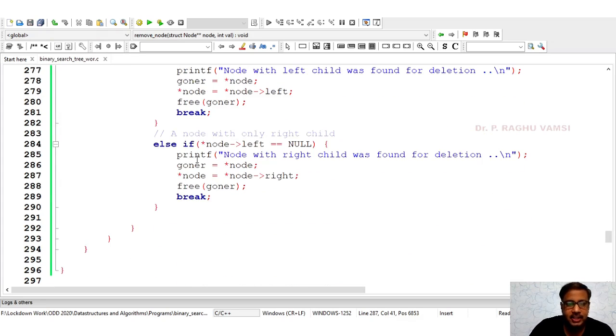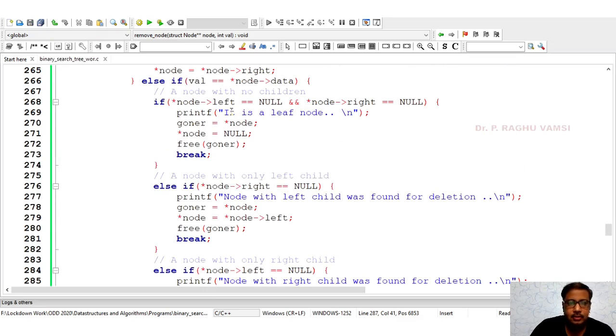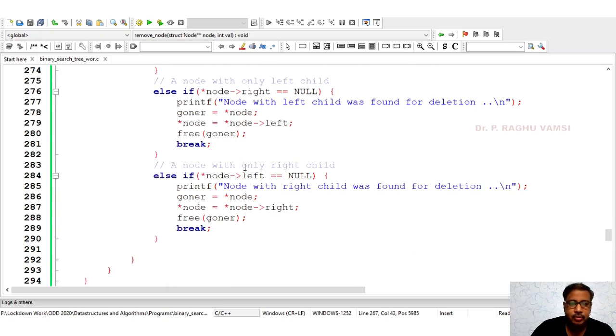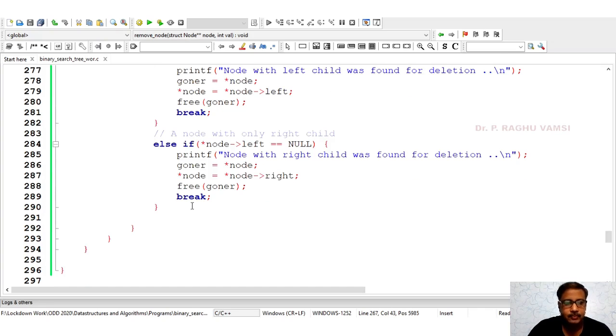So now the simple condition of checking whether the node has no children, that is a leaf node or not, was over. A node with only left child to be deleted was over. A node with only right child to be deleted was also over. Now the main and difficult task is a node with both left and right child.